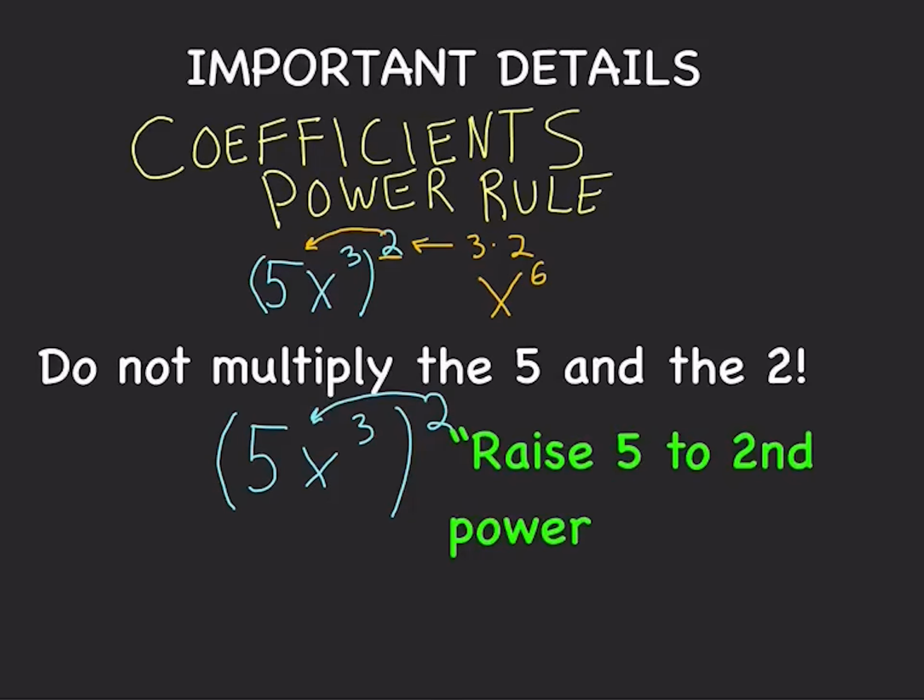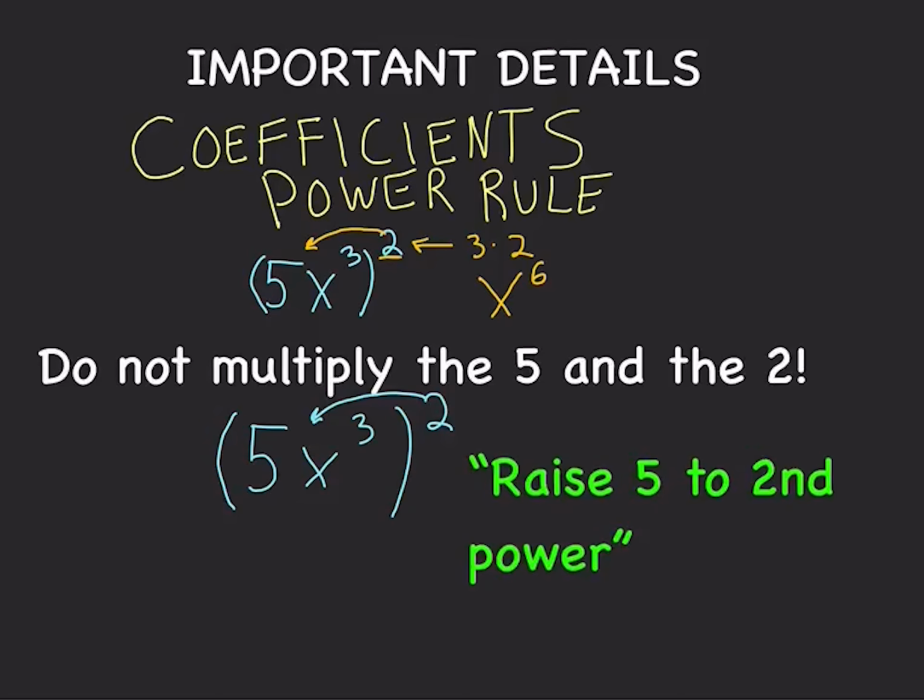So that's how you deal with the coefficients. Whatever the power is outside the parentheses, you do the coefficient, in this case 5, to that power, or 5 squared. Then you do the x to the 6, and you simplify the 5 squared to 25, x to the 6. So that's how